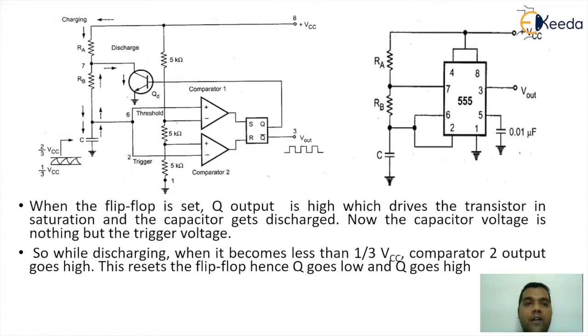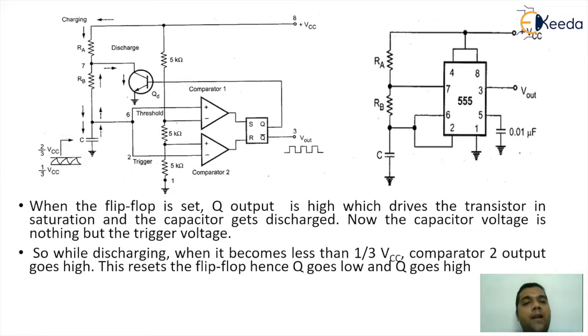If I try to get the logic with respect to the circuit diagram, I can observe carefully that the flip-flop with S and R will have two outputs, Q and Q bar, where Q bar is the actual output of IC 555. Q will control the status of the transistor, which is going to work like a switch. We have the upper comparator and the lower comparator.